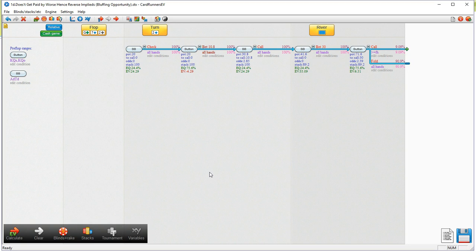So if we do think we have fold equity on the later street, this gives us a rough idea why even dominated draws can sometimes still be okay in position, whereas assuming that we're not going to suddenly start donk bet bluffing out of position on the river, those same hands might not be very good check calls out of position on the turn. The other thing to keep in mind here is, just because we call the turn with